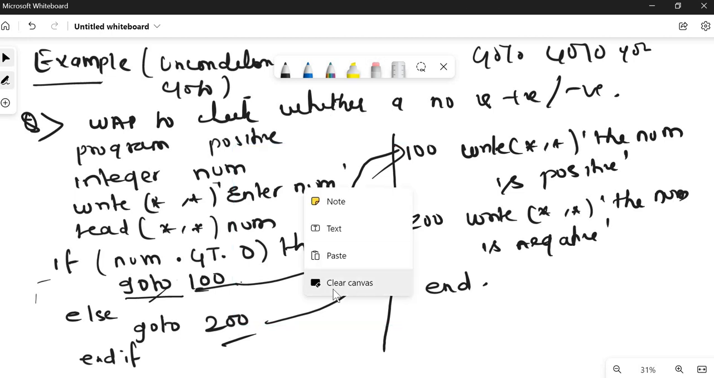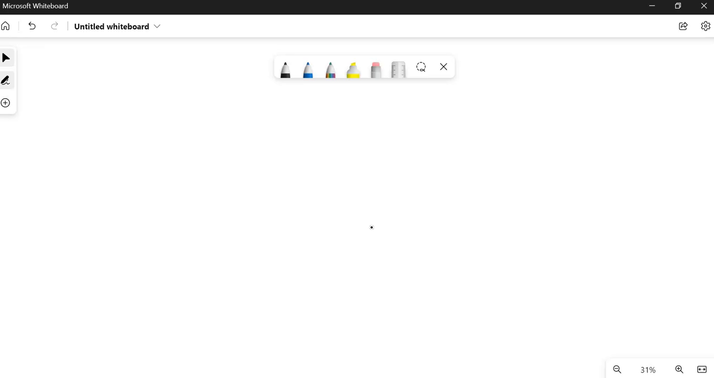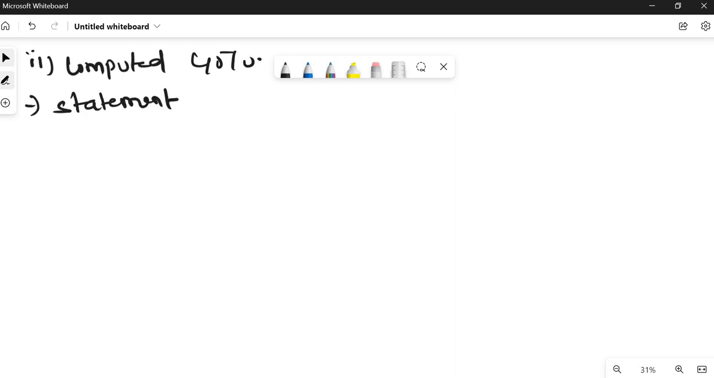So very quickly let's go to another topic, that is decision making statement number 2. What was that? It is, I think, the computed GOTO statement. Okay, so first of all, let me go to the theory part. This is a statement that